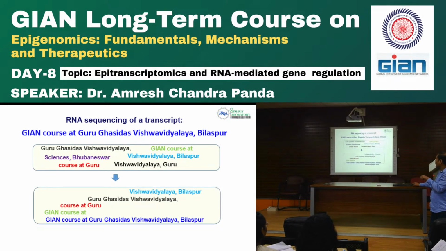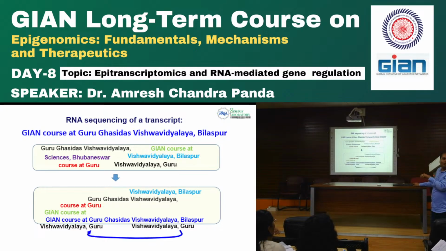But there is a fragment called Vishwavidyalaya Guru. Okay, that is not there in your reference. Right, either Guru is matching or Vishwavidyalaya is matching, half is not matching. Okay, in this case, like you said, first half is matching towards the end and the last. This could happen only if Guru, right? You can read this from